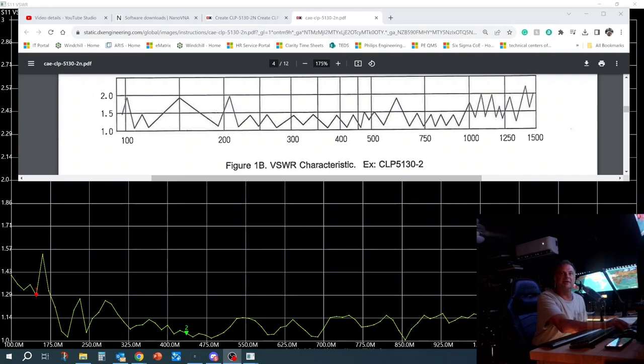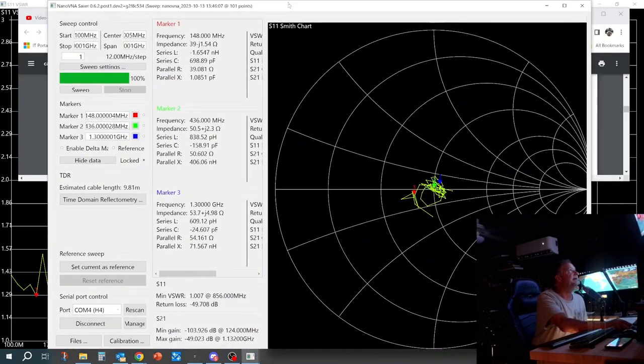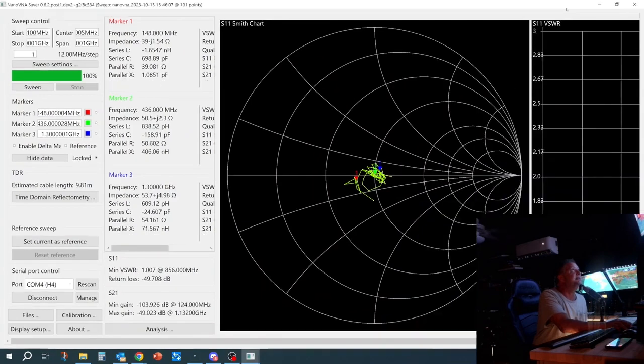All right, so let's go ahead and take another look at these SWRs. I can bring this graph back up here. That beeping is telling me the ISS is coming into view for those UHF satellites. All right, so here we have